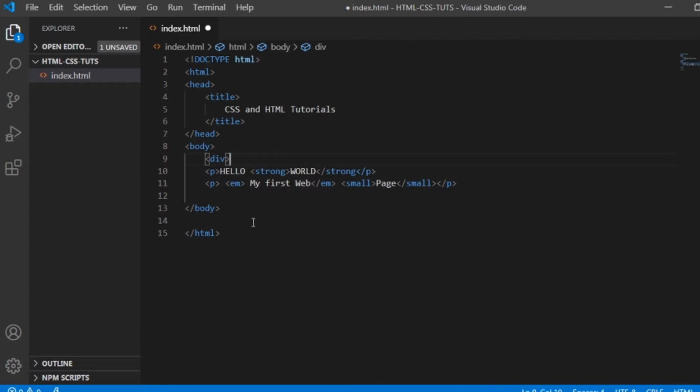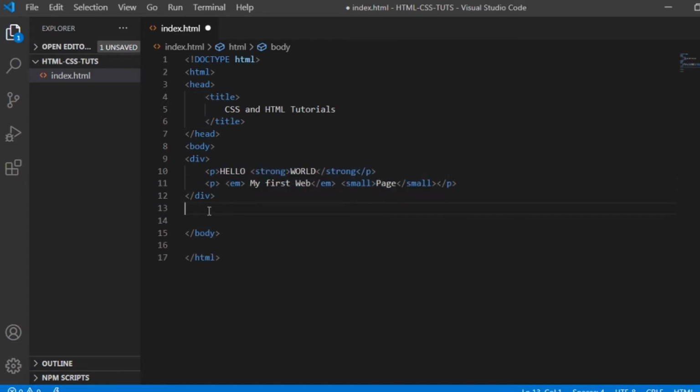I'm going to cut this one and put it here. This division is usually used so that if we are going to design something inside the division, then we can design it directly. So that's the purpose of the division, to group something in the content.